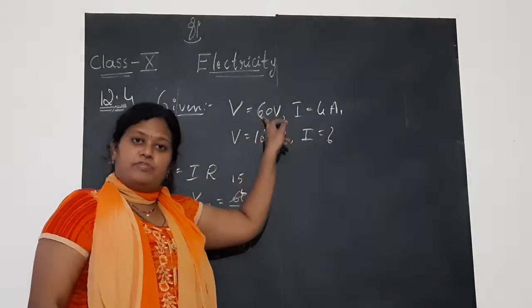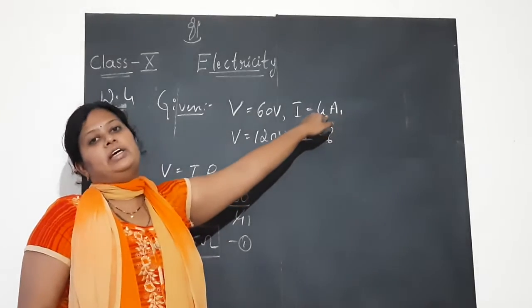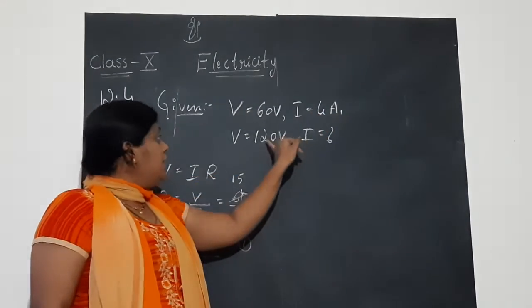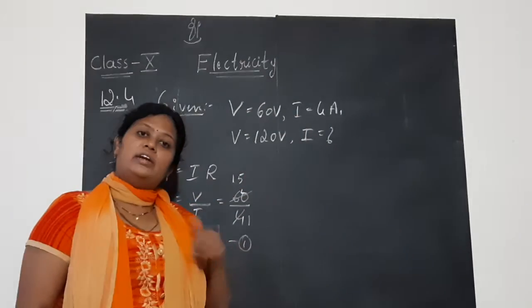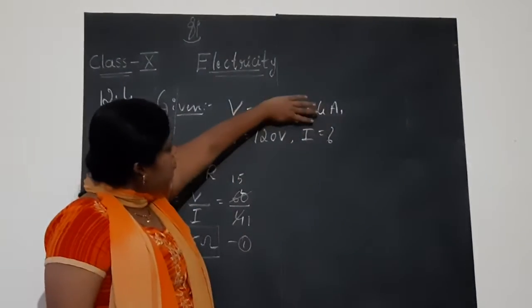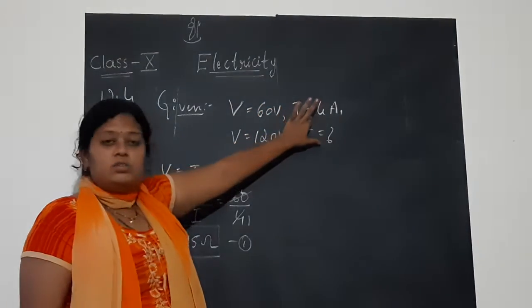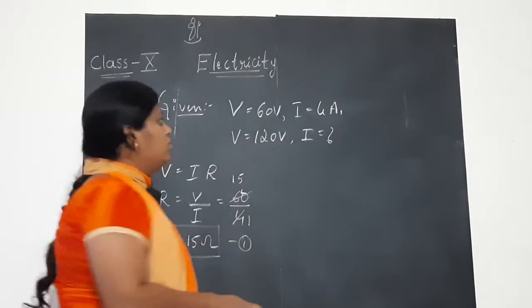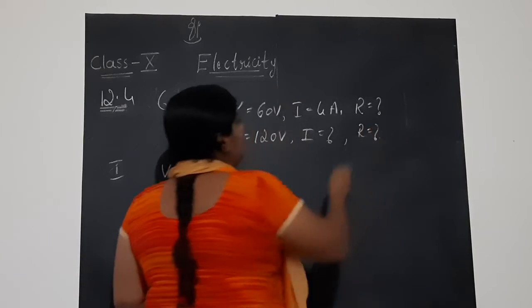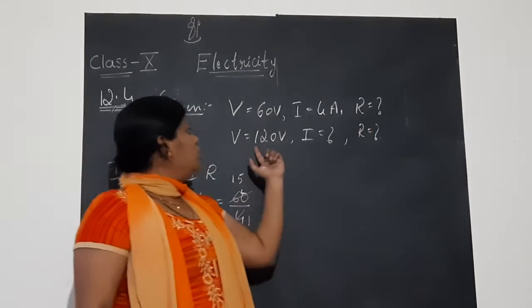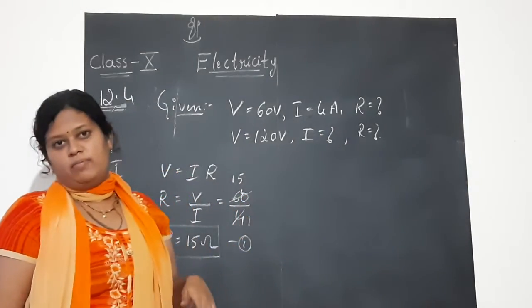In the first part of the question, for this particular voltage, this was the current drawn by the electric heater. But if we increase the voltage to 120 volts from 60 volts, what is the current drawn? Here, the first part you forget. In the second part, if I want to apply Ohm's law, I don't know I, and R also I don't know. Correct? Here R is a question mark. Here also R is a question mark in both the cases. To solve any problem, I cannot have two unknown quantities in one formula.